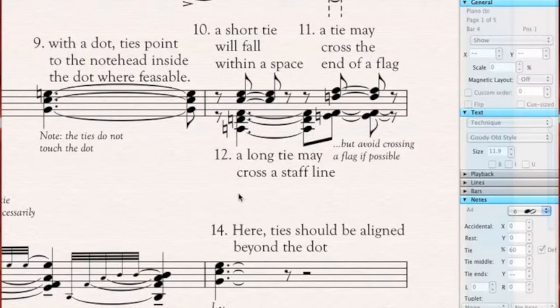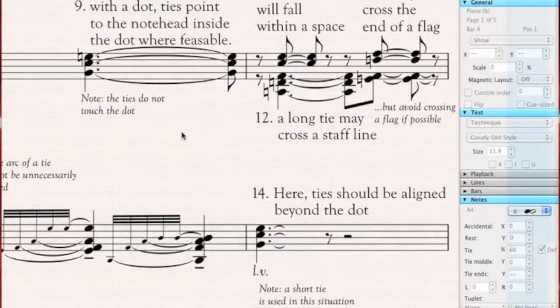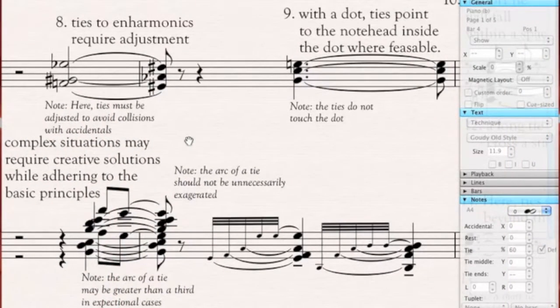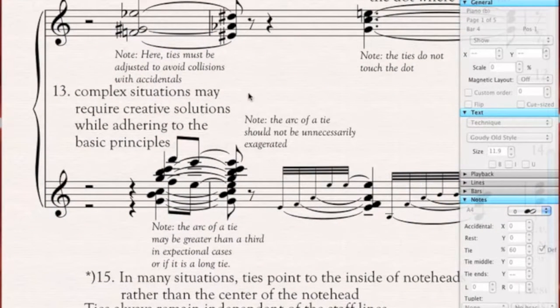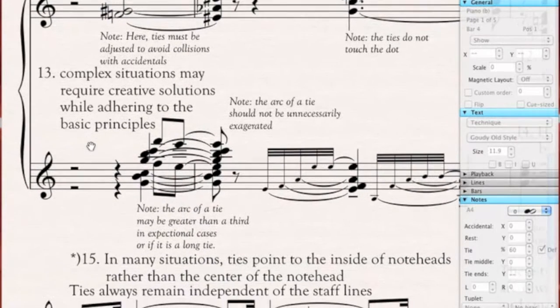A long tie may cross a staff line, as it does here, and I've already shown that in a couple of other situations over here. But again, a short tie on a single note should be in a space. And complex situations require creative solutions, but you need to stick to the basic principles, which right here is what